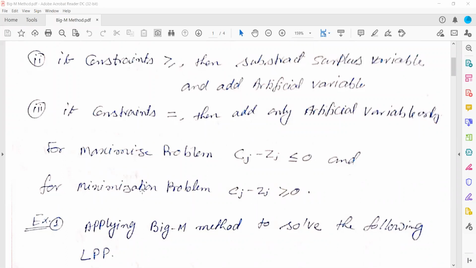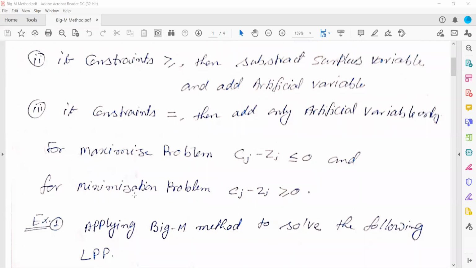And one more thing, I already told you in the simplex method. Suppose your problem is of minimization, that means you need to minimize the objective function. Then I already told you that you simply multiply that objective function by minus 1. Then the problem changes to a maximization problem. Then you apply the simplex method and solve, and later you put in the values and you will get the required maximum value. The same thing is here also.